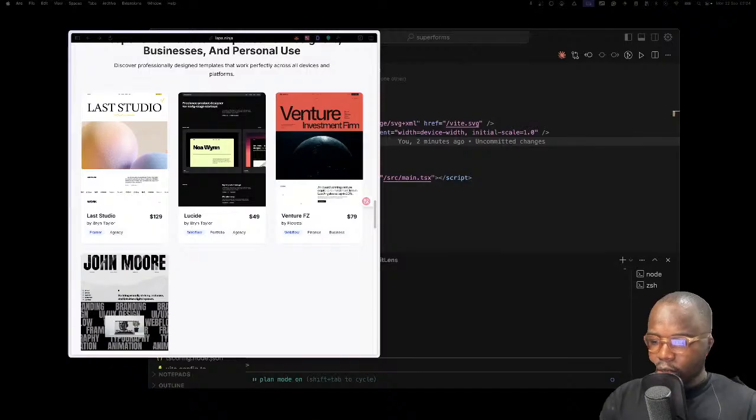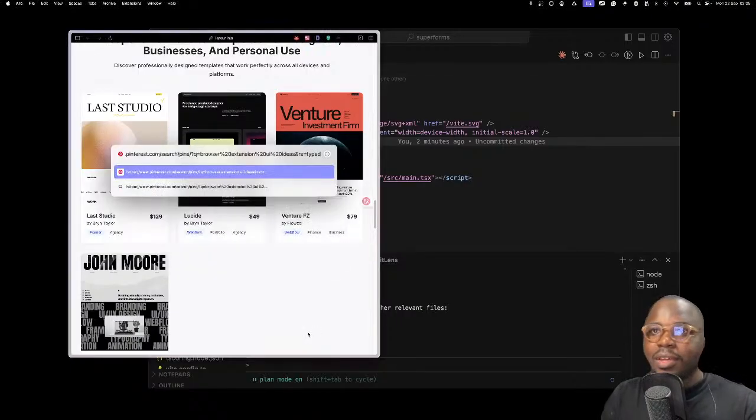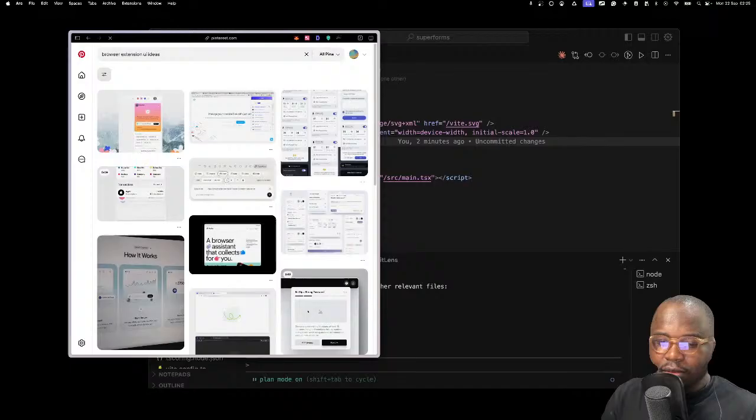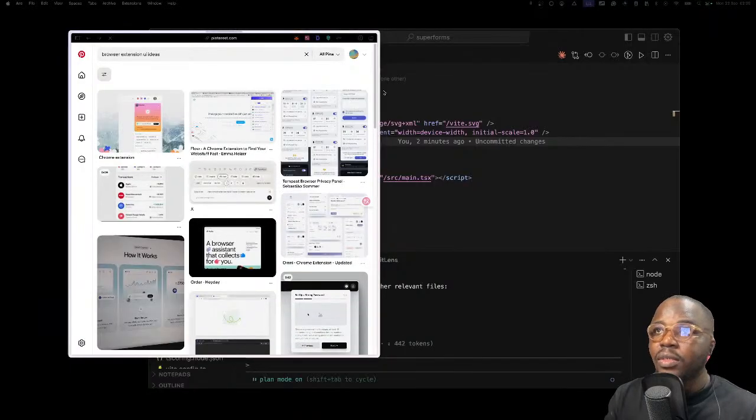I'm gonna search browser extension UI ideas. Let me see if anything does. Oh, you would not believe it if I told you. Pinterest has it as well. Pinterest is one of my favorite places in the world.